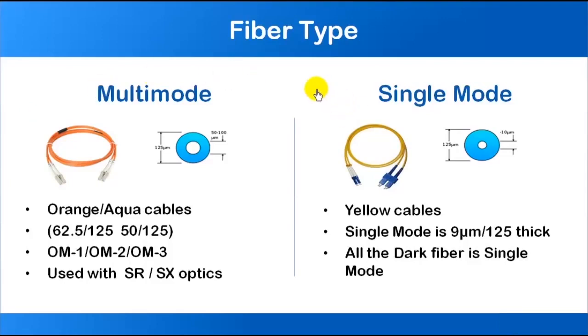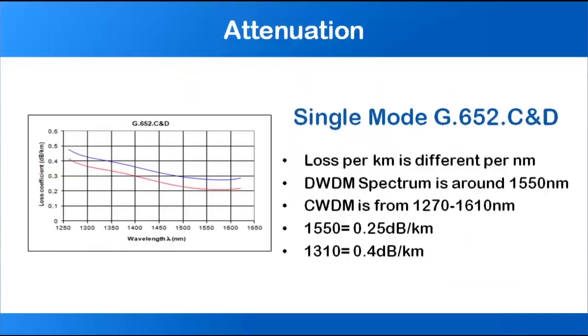The more modern cable is the single mode cable. Those are the yellow cables. The single mode is a really thin core. It's 9 microns thick, so 9 divided by 125 is written on the cable. And all the dark fiber in the world is made of single mode cable. One type of single mode cable is the standard